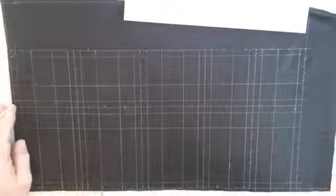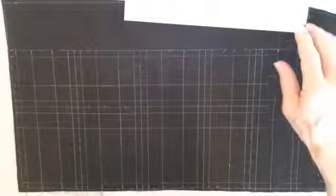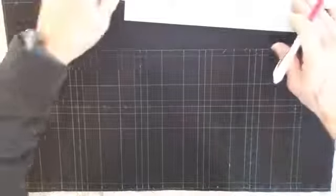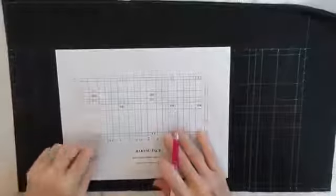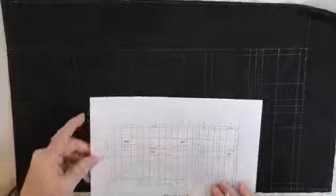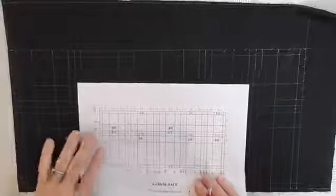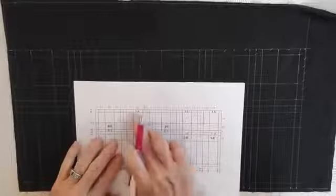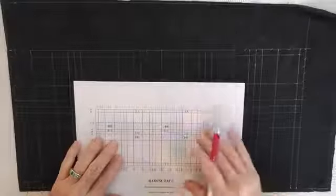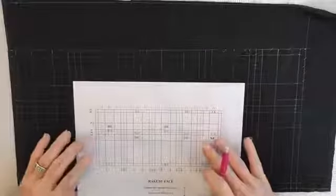Now, very important before we move this or even think about cutting is that we put these numbers in. So an easy way to do it, and one of the things that's a cue off of the pattern here, is to look at these numbers that we can read when it's, you know, this side up. Okay, so